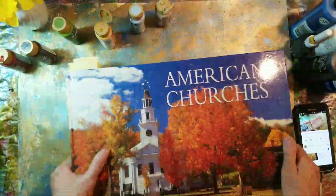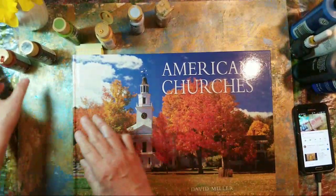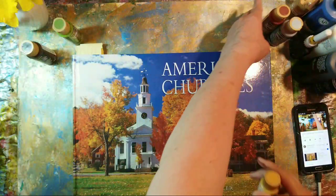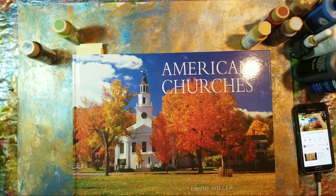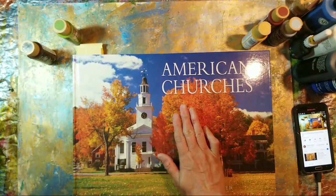Moving on. This big old book. We did a page in this last week. And I found another page that I want to work in. I'm just going to put this paint kind of over to the side because I'm going to move my daffodils for a minute here because I don't want to spill water. Let's set it over across the way here. Boy, let me tell you, you open up this book and it...